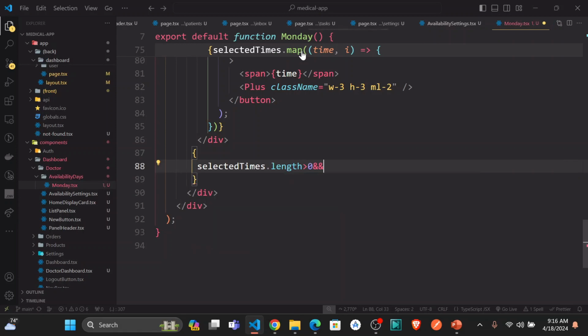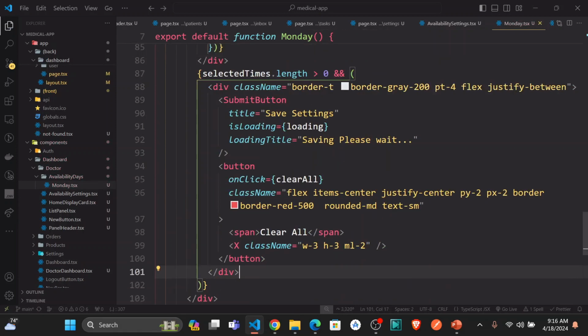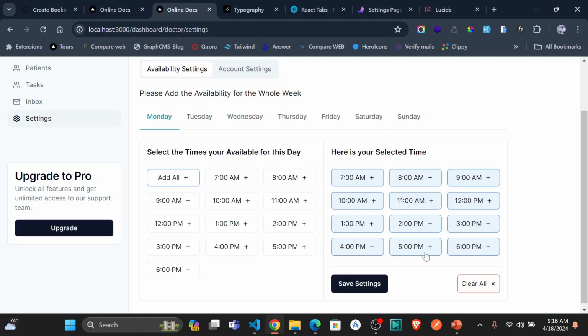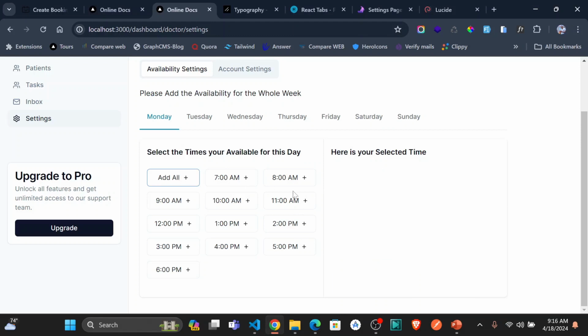If this is true, then we can go ahead and show this. So by default, if we don't have any time, these ones don't show. If we have the time, these ones come. If I clear, they go, and I can add one